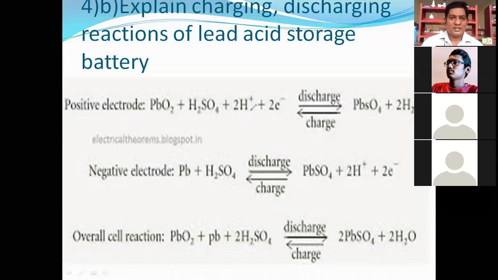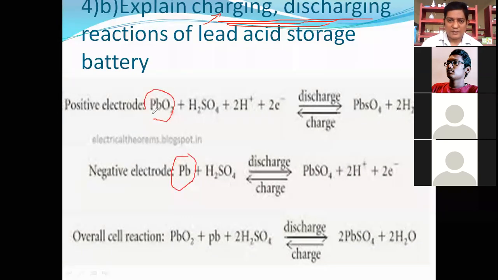Now see this. When we are discussing about charging and discharging battery, the word charging is known to be secondary cell. For the secondary cell, the best example is the lead acid battery: lead as well as lead oxide. The electrolyte is sulfuric acid. Now see the mechanism here. The battery can be operated in the forward direction followed by backward direction.